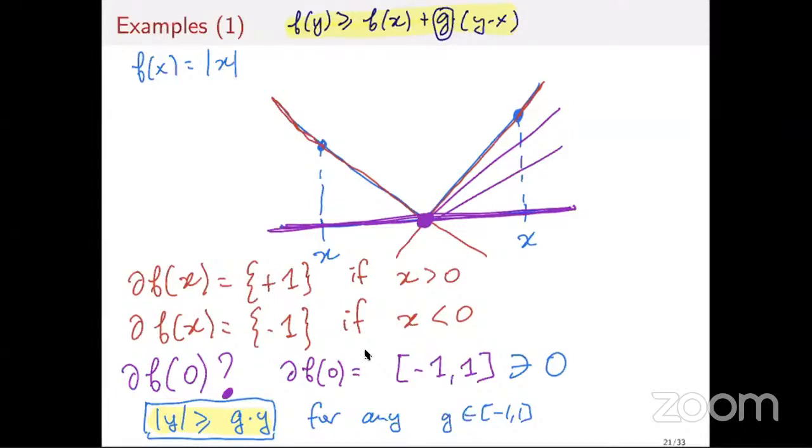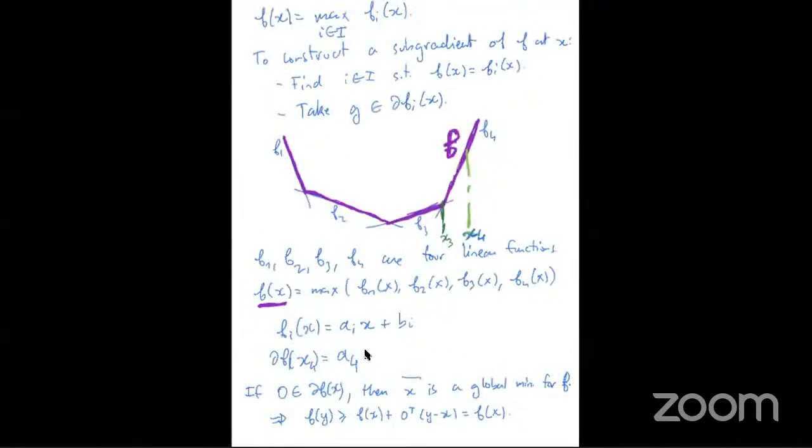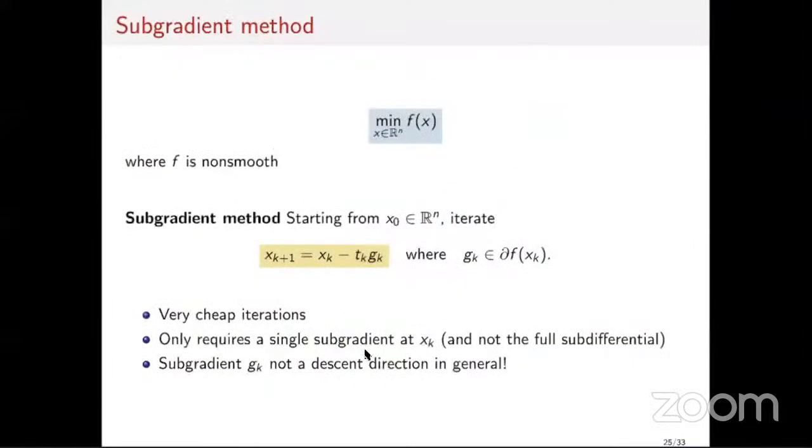Okay, so now let me talk about the subgradient method. So now I want to minimize a function f of x, and f is not smooth. Okay, so the subgradient method is a very simple method. So you start from a certain starting point x0, and you iterate xk plus 1 is equal to xk minus